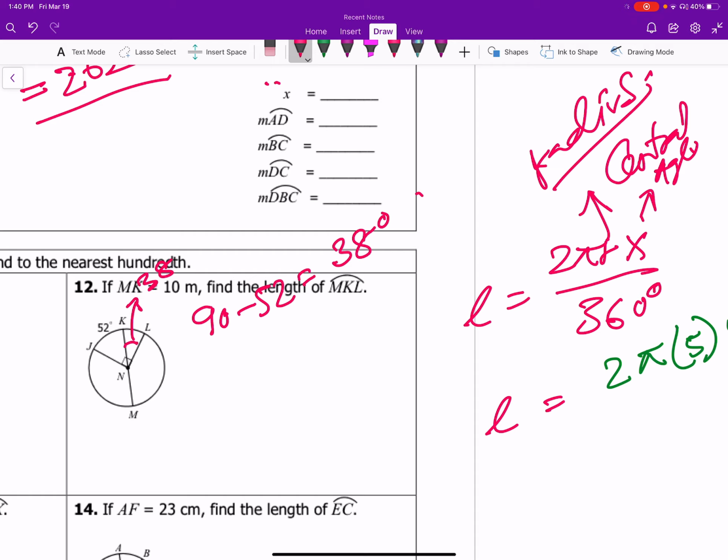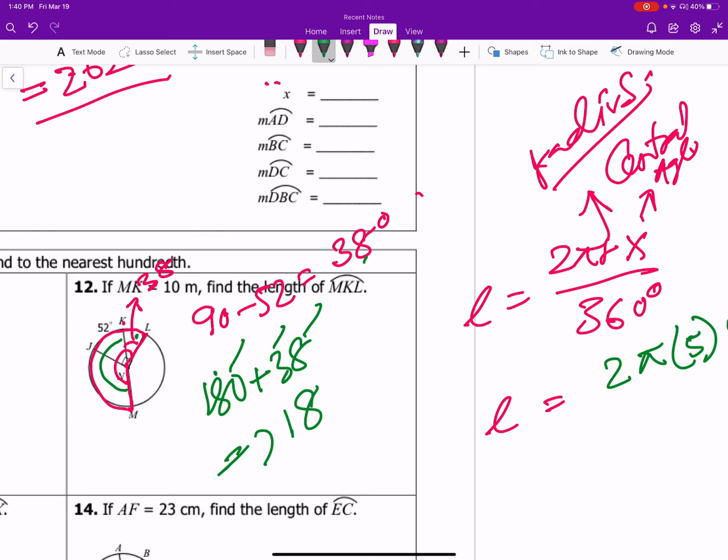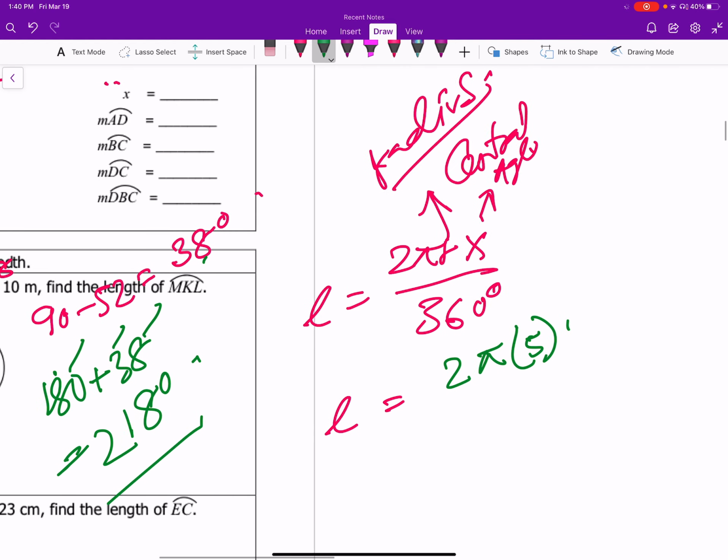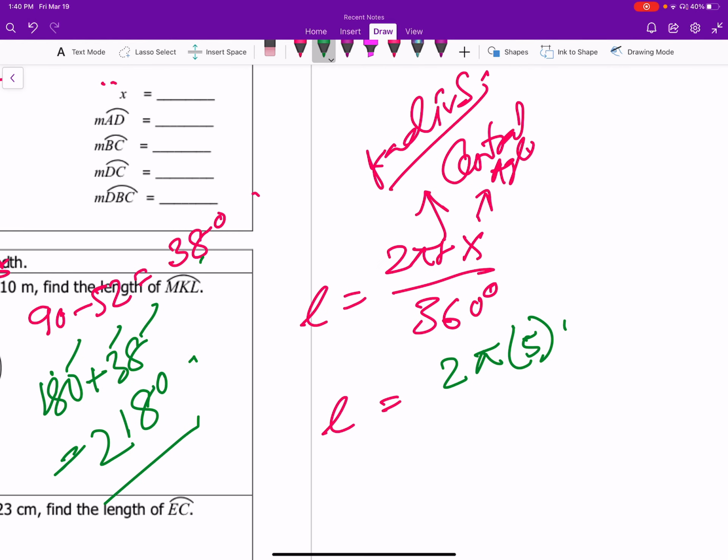For MKL, I need this whole thing. Now up to this, there's a diameter, so 180, and this part is 38, so plus 38. So I get 218. Alright? So once I get 218, I say 2 pi r